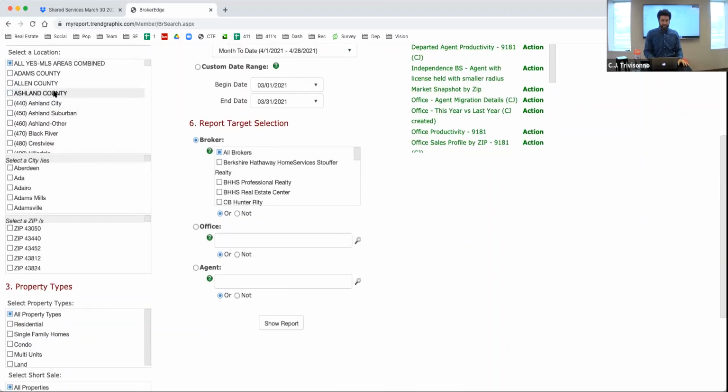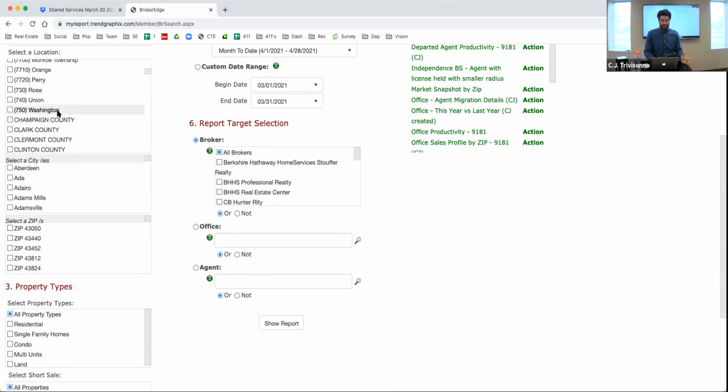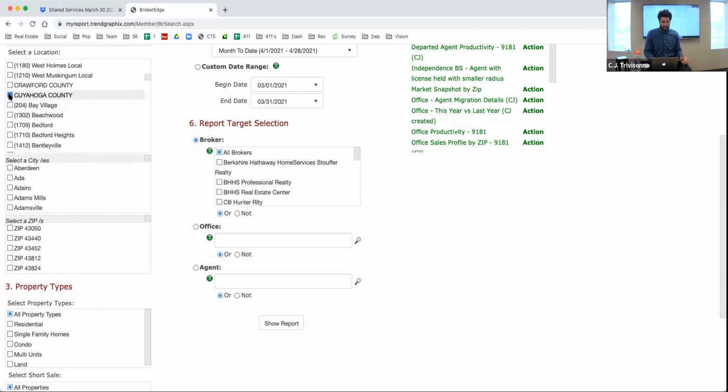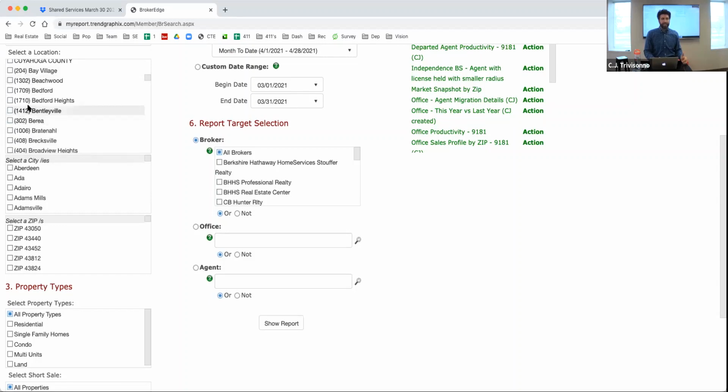So you can literally pick by county or by city. You have to scroll down to find Cuyahoga County in here. Then you can pick the whole county if you check that box. And then you could pick by city, or multiple cities, if you're looking at an agent,